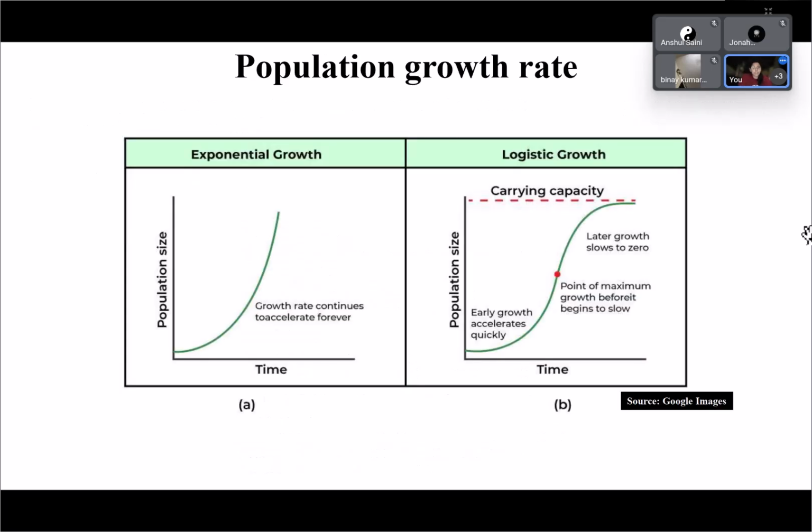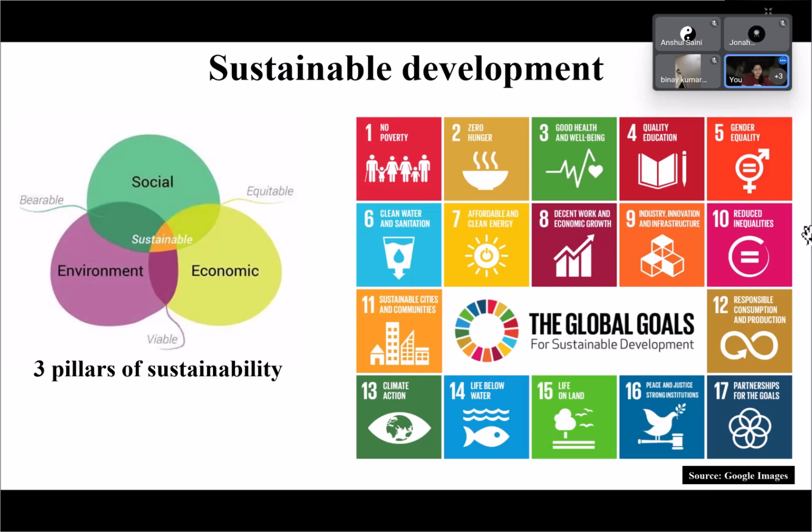Now, when you look into the population growth rate, there are two different concepts: exponential growth and logistic growth. Logistic growth tells you why human growth is a problem. Even exponential tells you, but logistic makes it more apparent to you. Logistic says that there is only a certain carrying capacity that the ecosystem can handle, and if population growth rate is not checked or controlled, then this overshoots, and then it becomes a problem. That means that for an increased number of human population, you don't have that many resources. So that is where the discrepancy comes up, and that is why you need to focus on sustainable development,